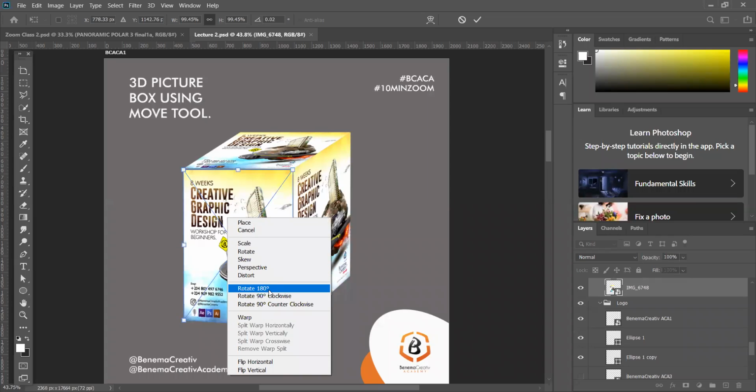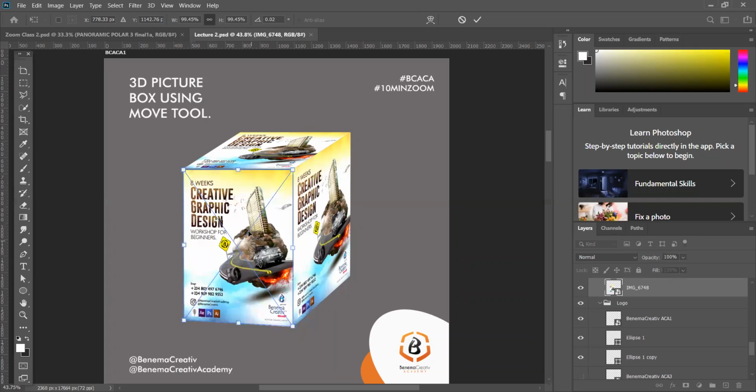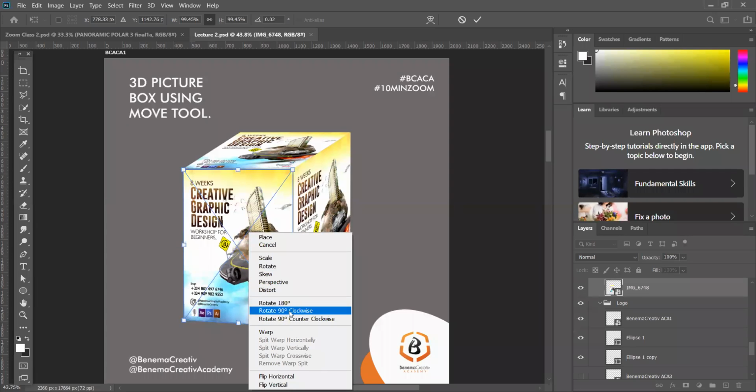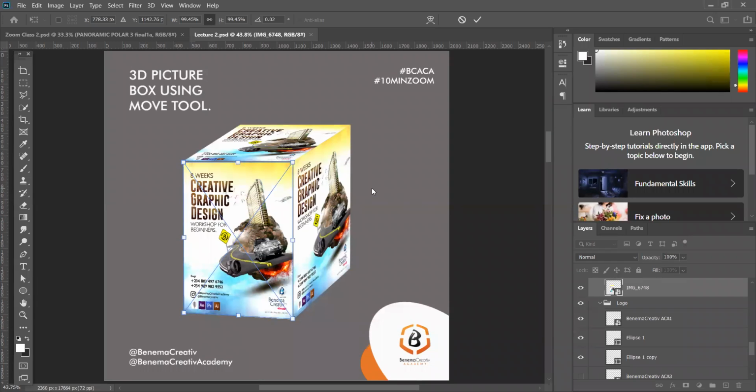So the next one is rotate 180 degrees, which is going to flip it upside down. Then we have rotate 90 degrees clockwise. We've discussed that. We just have to talk about that before we move on. So this time around, we want to do this 3D box, and I want you to get familiar with